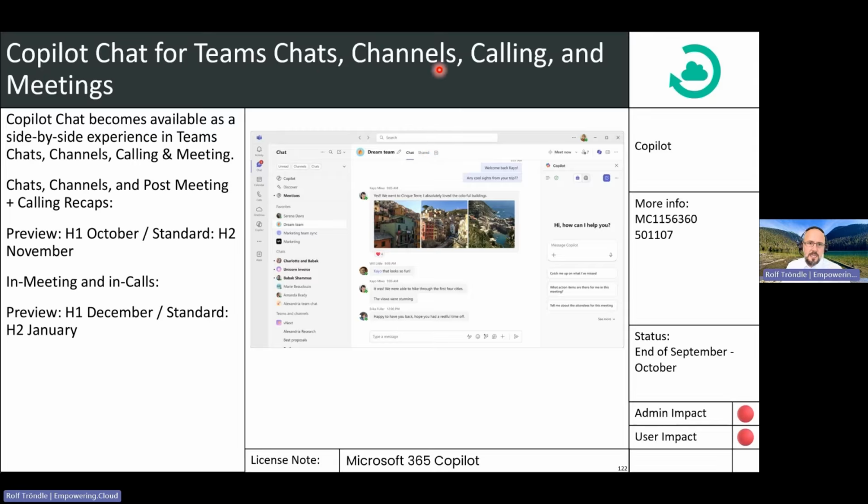And then chat for Teams, chats, channels, calling, and meeting is coming directly as a side pane. So in all these experiences, you have Copilot chat as side pane. Chats, channels, and post meetings and calling recaps will be preview first half of October and standard rollout second half of November. And then afterwards, there is in meeting and in calls first half of December till the second half